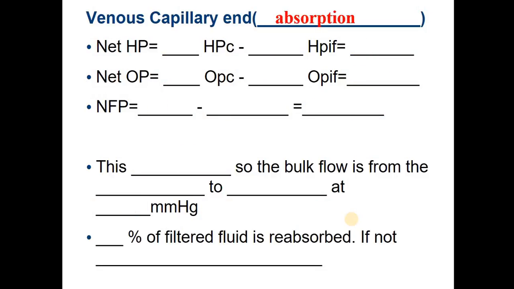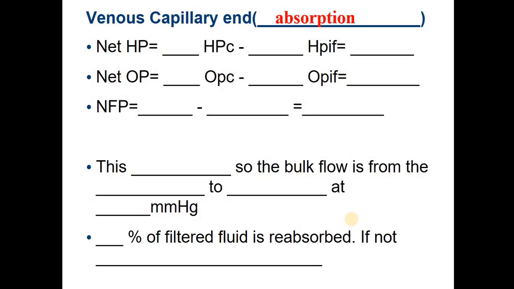On the venous end, you have to have a pressure to pull stuff back in. So how do I get things to pull back into the venous end of the capillaries, the carbon dioxide and any other waste? I need to pull that into the capillary bed in order to send it to your vena cavas and so forth. So the net